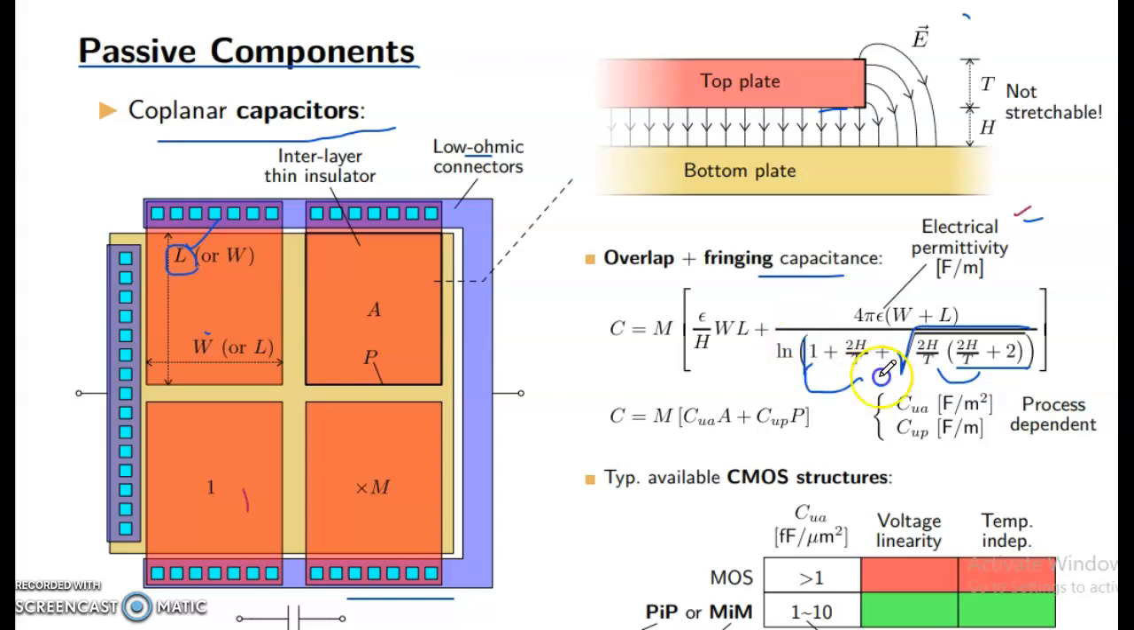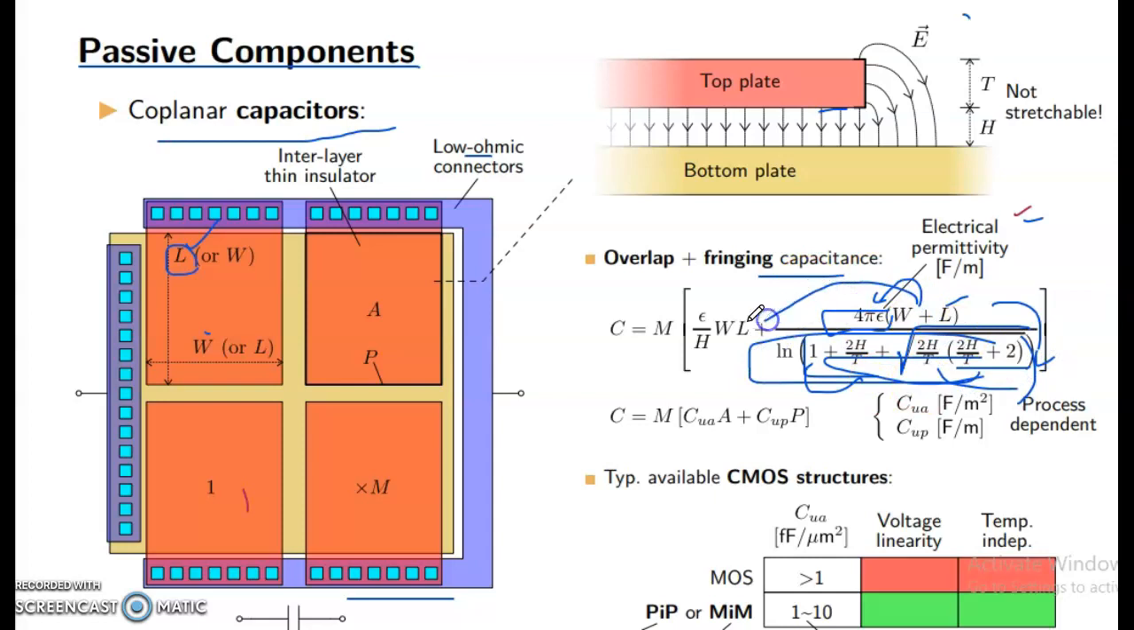Then take logarithm, ln. These both values divided by this. That is the electrical permittivity in F divided by M, that is 4 times pi, 4 by epsilon. Then multiply with the sum of width and length, then multiply these for this much. Then add with WL